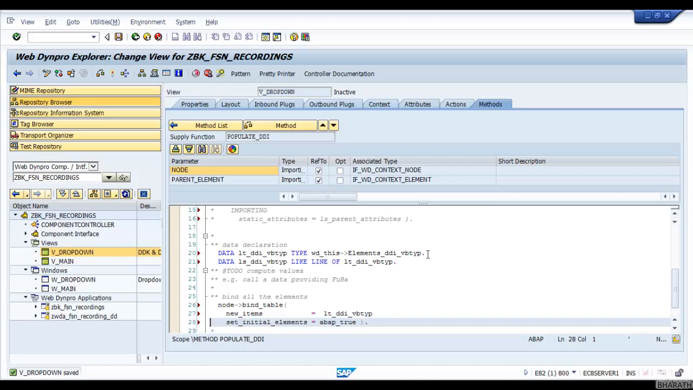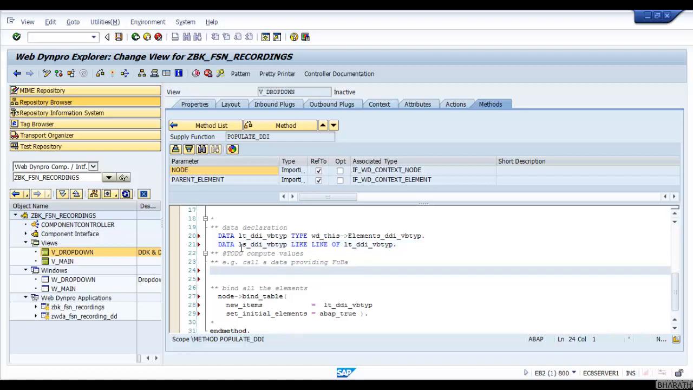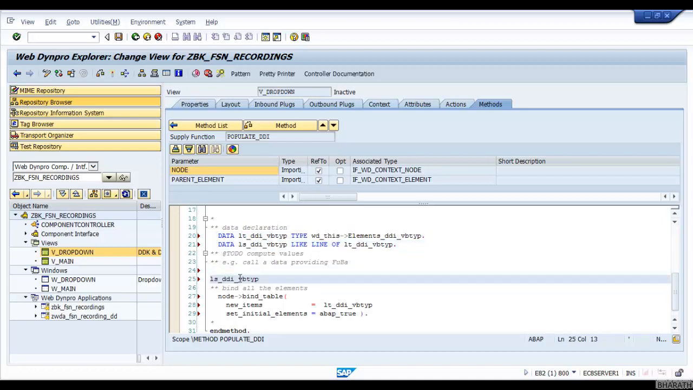See, this is internal table declaration, this is work area declaration, and here I am binding the direct node to bind table. Using the bind underscore table, I can bind multiple records here. Okay, now let me show you how to populate the records. Same normal ABAP programming only. Control C. Okay, what is the field name? VBTYP. Okay, so is equal to